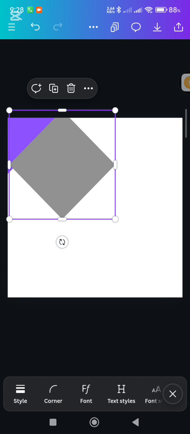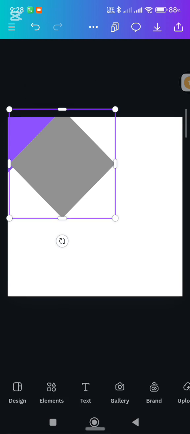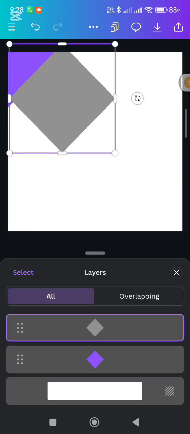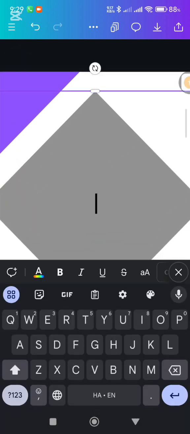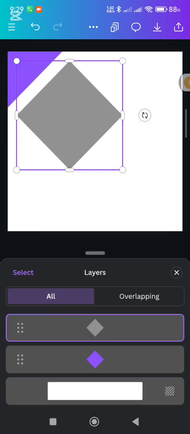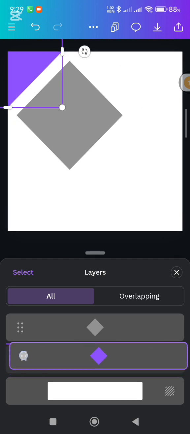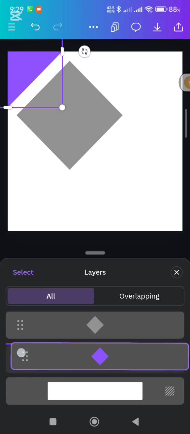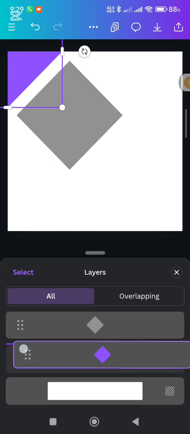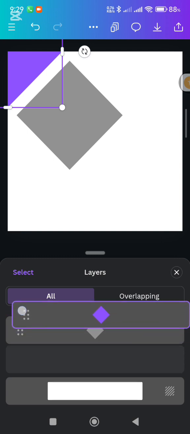So from the bottom, I will now go and look for layers. Layers is at the bottom, not on that. So can you see now? I have my two squares. Now I will click this. From the layers, I can take the brown one, as you can see, using these six dots on the left-hand side. Then I will press it, then drag up until the